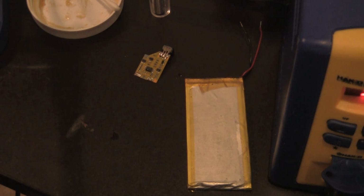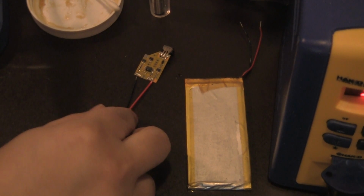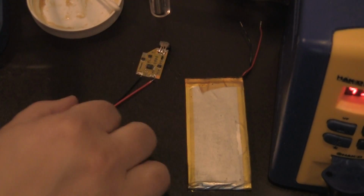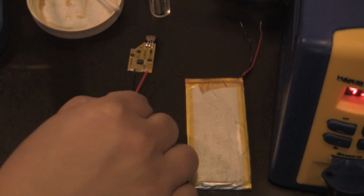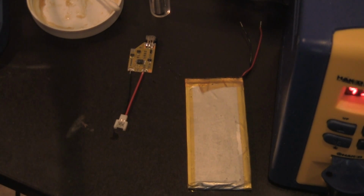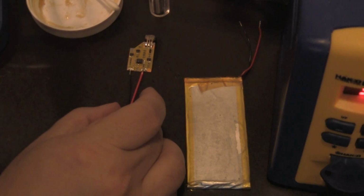But also, when you do soldering, there's a couple things you want to know. First of all, this is where it goes here, so let's make sure we put it in the right spot. Usually you get helping hands. I don't have helping hands. It looks similar to a picture, I'll throw it up on the screen so you guys can see it. But you get helping hands to help you hold the board in place. I don't have that. So what I'm going to do is put it in place the way